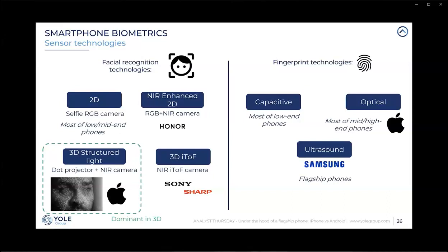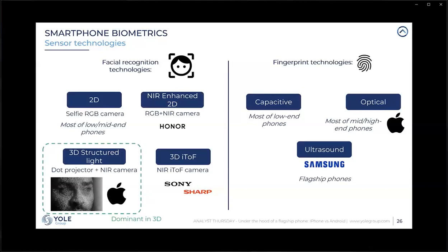That means there is a dot pattern which is projected over the scene, and the camera and the system extract depth information from the scene according to the distortion of this pattern. This is the dominant approach currently in 3D facial recognition technologies.